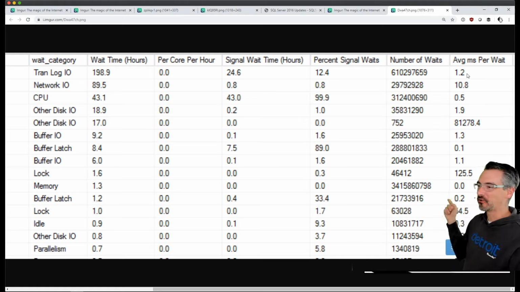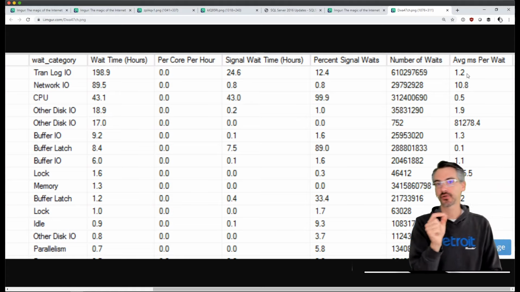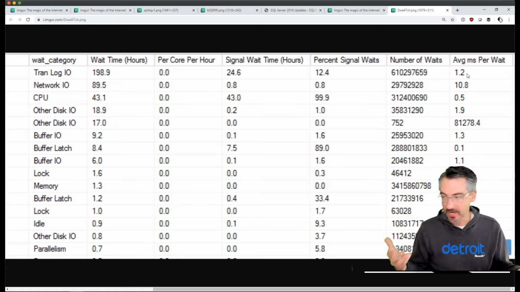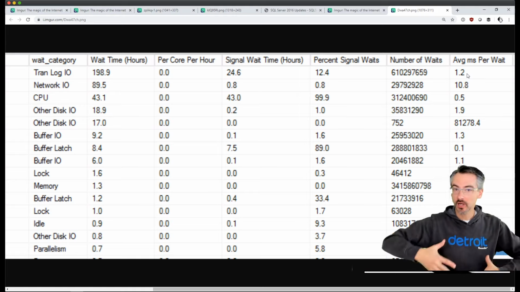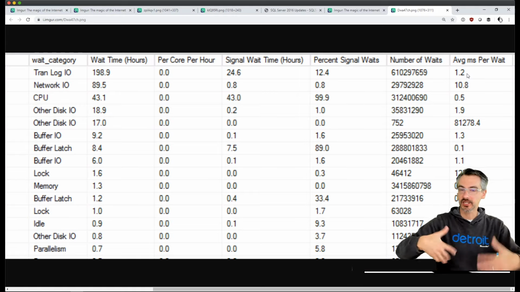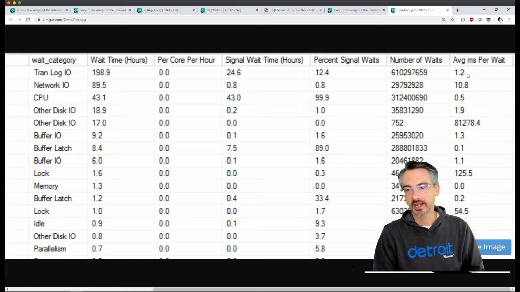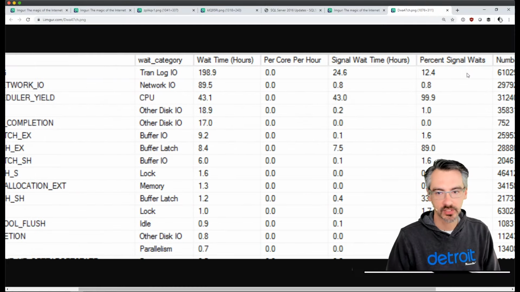Your storage only takes 1 millisecond per transaction log write, right? Mike might be the one to go talk to Robin, like over in chat, and say, hey, tell me more about your storage, and maybe I can borrow some. Maybe I can put my databases over there for a while.